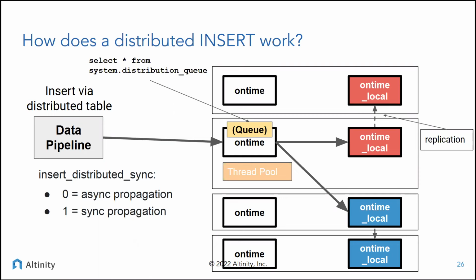It's just a directory in storage, and there's a thread pool that will be taking those blocks and then propagating them out to the local copies. The point is that when ClickHouse says, hey, got the data, what it really means by default is it's got it in this queue. It hasn't actually reached a table. And there's a couple of settings that you can use to control this. One is called